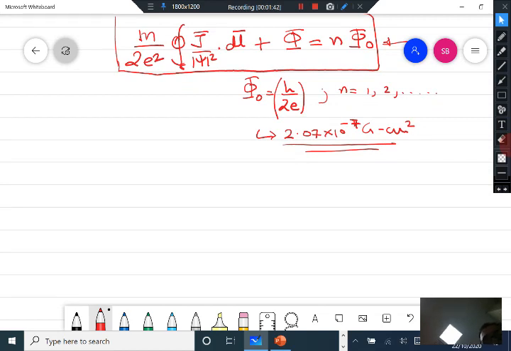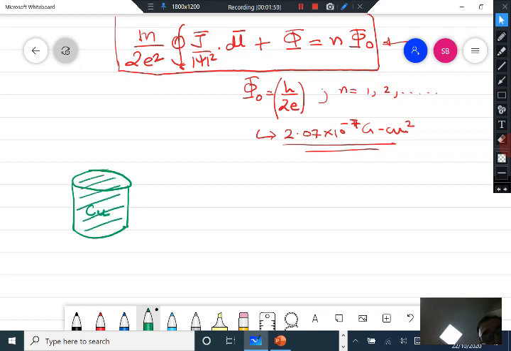So now let us look at some applications of this, and the first most valid application that you can do is that suppose you take a cylinder. So let me draw it. Say, whatever I am drawing in green is a solid copper region. It is non-superconducting, and around it I am going to put a film of a superconducting material. I am going to coat it completely with a superconducting film.